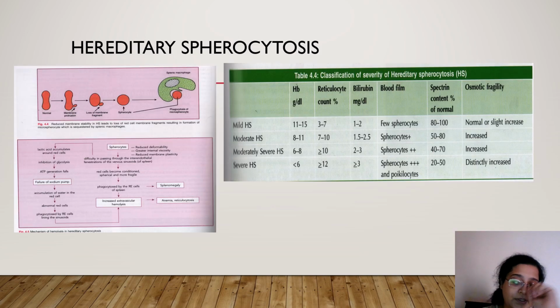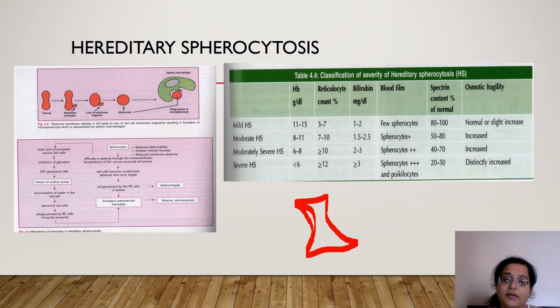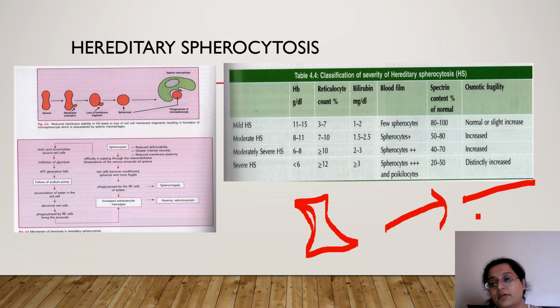Again, now coming quickly to the kind of membrane defects and anemias. There is something known as hereditary spherocytosis. What happens in this is, as I've already shown you before, that Ankyrin and Band 3 proteins get mutated. Now, I have once told you in the initial lecture that the RBC is a biconcave structure. And this biconcave pliable surface makes it easy for the RBC to flow out of fenestrated capillaries or in the reticuloendothelial system. The movement of the RBC is not hampered.